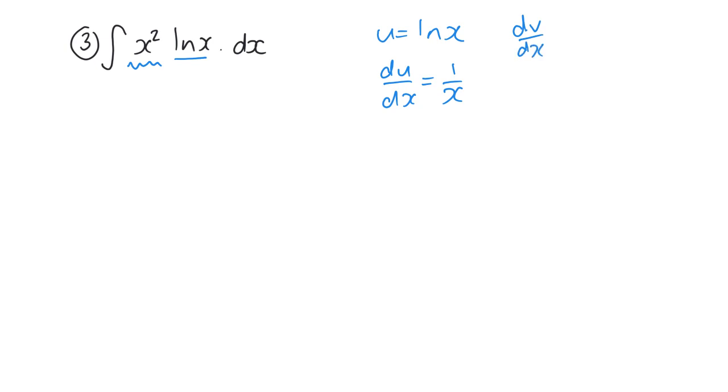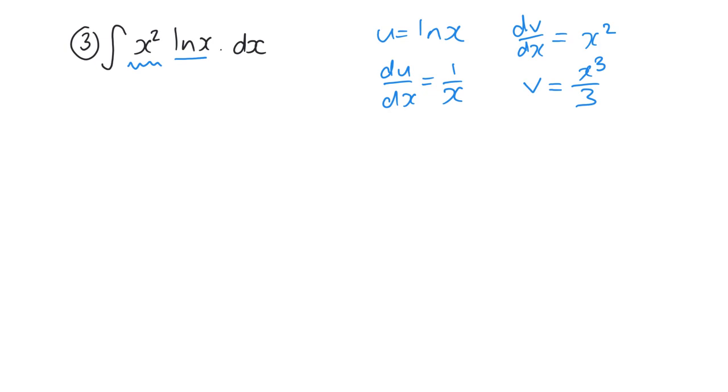So the ln always has to be with the u. So that's x squared, and then when we integrate that to get v, it's x cubed over 3. Now, if you did it the other way around, if you put dv by dx equals ln x, well, you've no way of integrating that to find v,